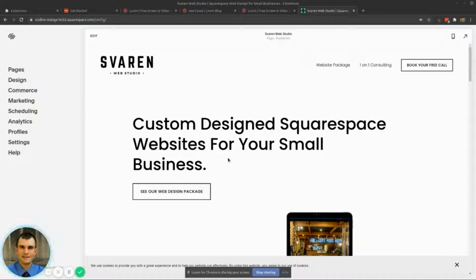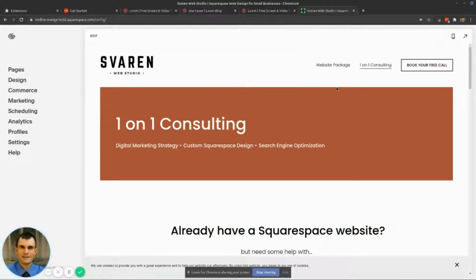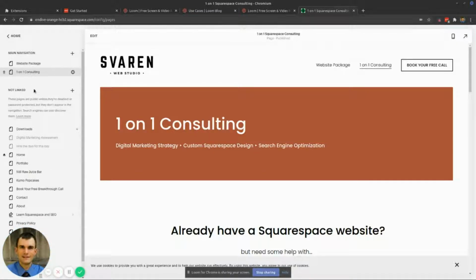So, why would you want to duplicate a page? Well, you may have multiple products or services that you offer, and you want to just duplicate the service page. You already have a page looking really nice, and you just want to duplicate that to create another services page. So what you do is you go into Pages, and then you go down to the